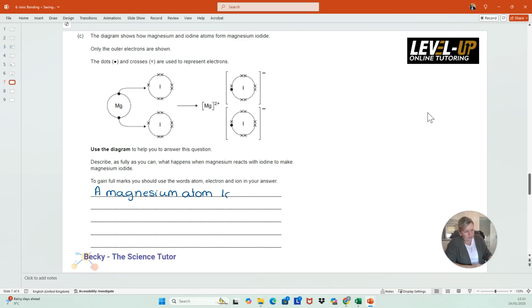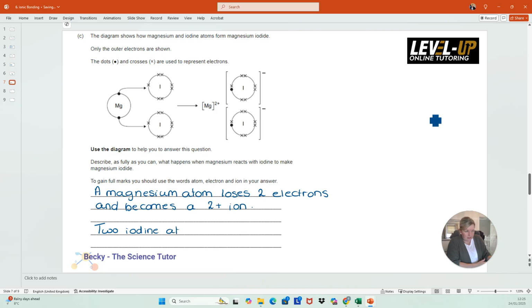So here's my first difference. Loses 2 electrons. Here's the second difference. A 2 plus ion. And whether you write 2 plus, or you write the words positive 2, it doesn't matter. They're all acceptable. And here's my third difference, that 2 iodine